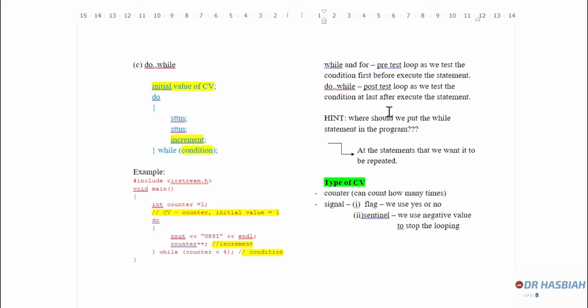So now, where should you put the while statement in the program? Now you know how to use the while, the for, and the do while. If you want to perform your looping, where should you put your statement in your program? If you write the program,